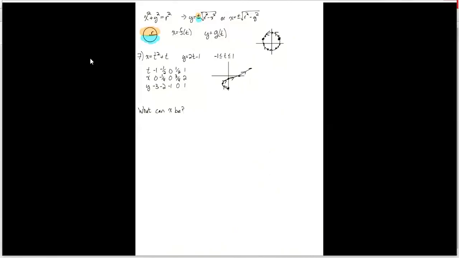What I mean by this is what values can x take? Let's look at a special case. Let's pick that r equals 1, so we're looking at the equation x squared plus y squared equals 1. And if we look at our circle,